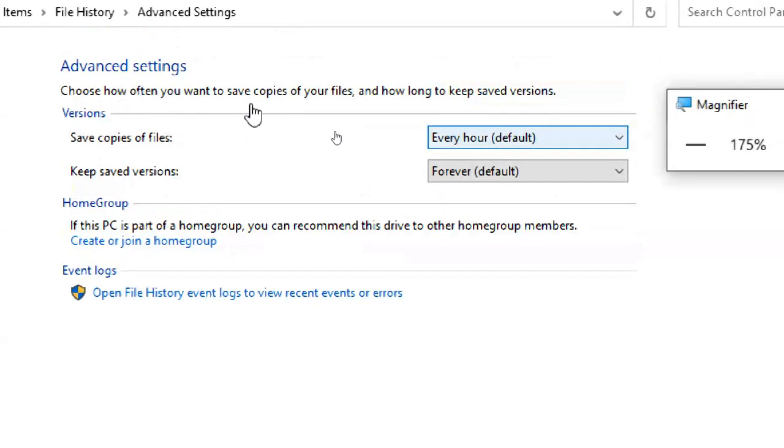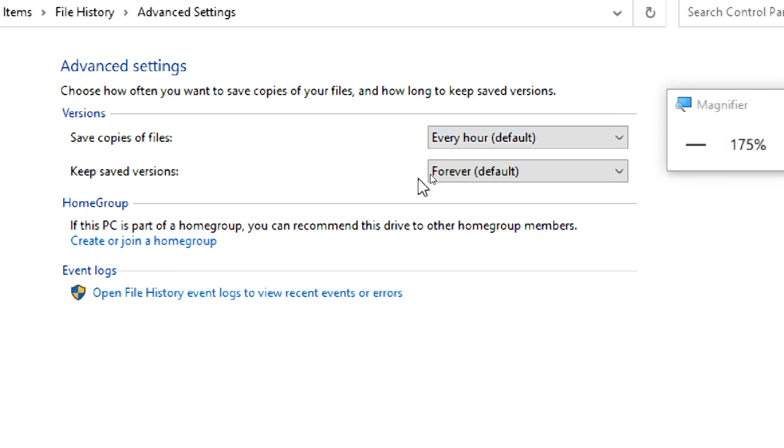So choose how often you want to save copies of files and how long you keep the versions. Save copies of files every hour means every hour, whatever data you created on the desktop or documents, pictures, videos, favorites, it takes the backup and stores it in your external location, like an external hard disk, or a network location like NAS, network attached storage. Or OneDrive, you can also configure OneDrive.